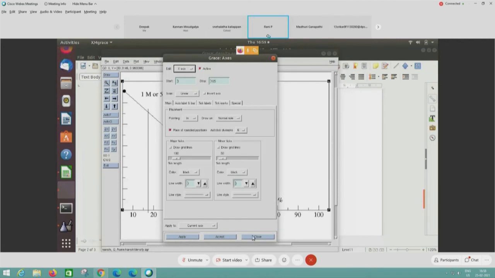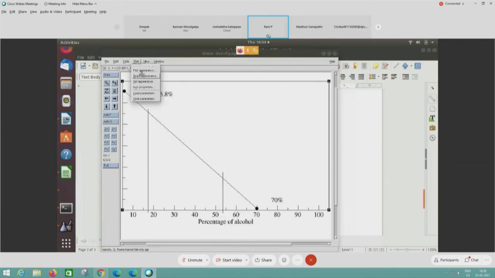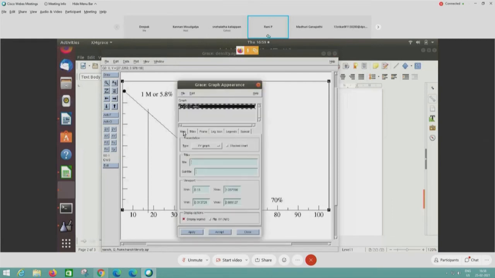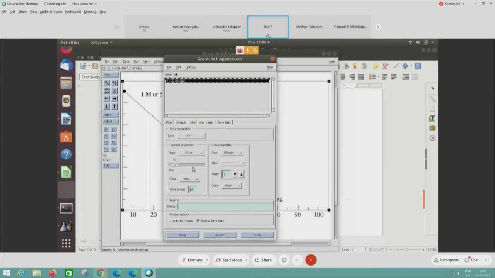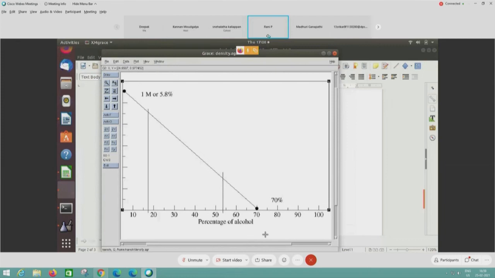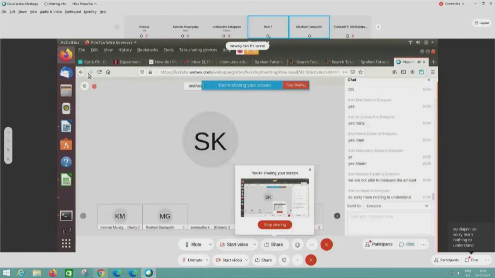We can fix labels and choose the colors that we want, and we can do many different things in this program. For example, all these colors are there, and all different sorts of line styles and symbol styles. We can plot many samples and many different kinds of graphs. Any questions to ask? This is as simple as that.